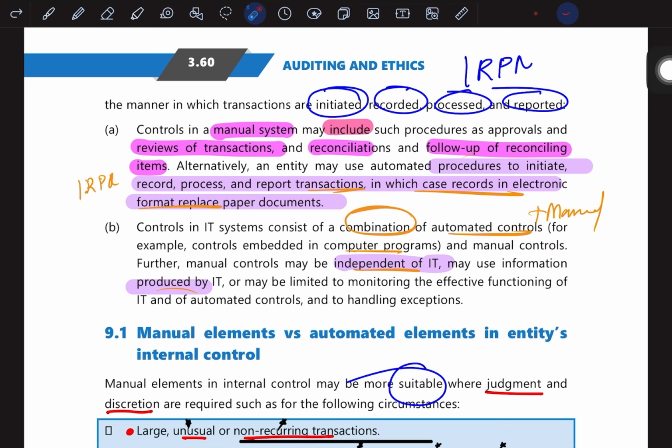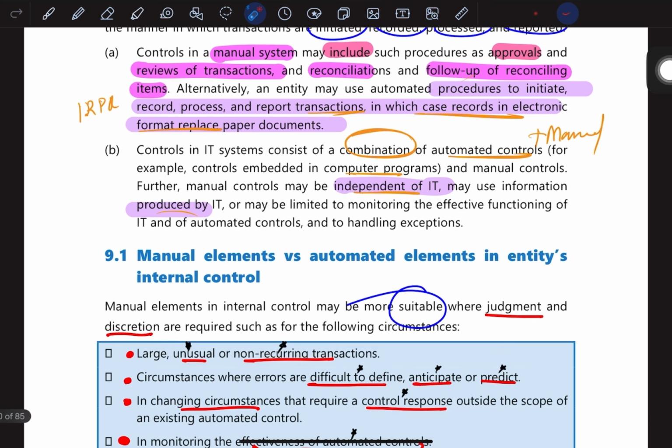First and foremost, controls in a manual system include procedures such as approvals, review of transactions, reconciliations, follow-up of reconciling items. So these are the controls in a manual system. An entity may alternatively use automated procedures as well to initiate, record, process, and report the transactions. Now, the controls in an IT system consist of a combination of automated as well as manual controls. The manual controls may be independent of IT. They may use information produced by IT, or may be limited to monitoring the effective functioning of IT and automated